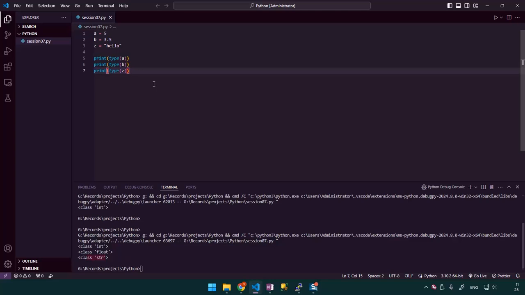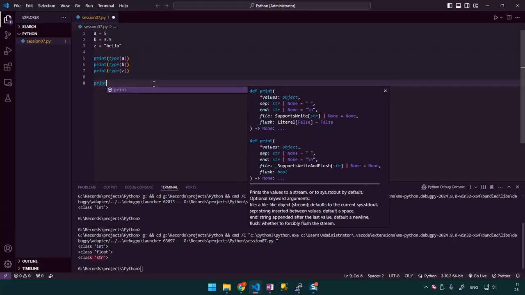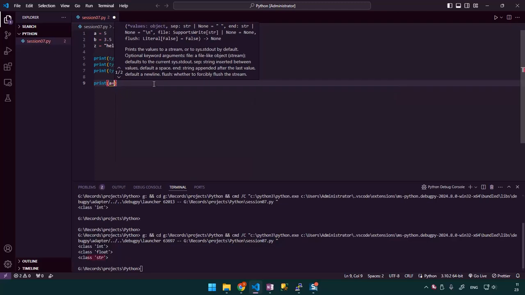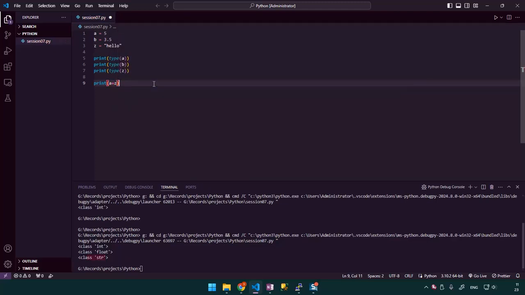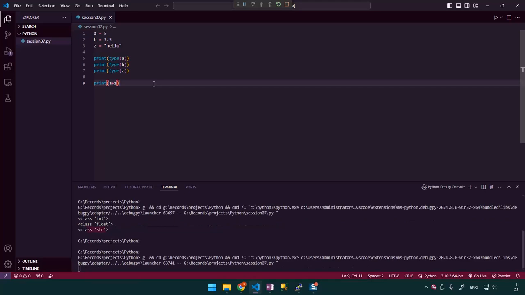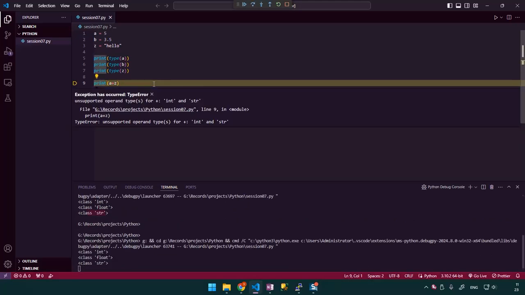So again, why is this important? Let's print something else. Print, say A plus Z. A is an integer, 5, and Z is "hello". Let's hit F5. And as you can see, I have a compile error. It says unsupported operand types for plus, int and str, meaning this operator, these are called operands like A and Z, and this is called an operator.